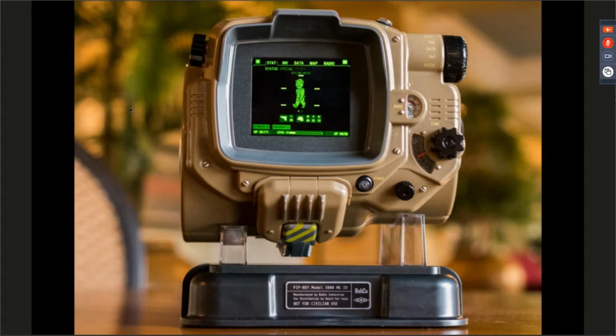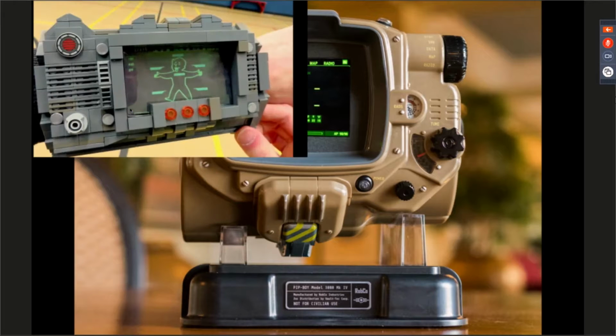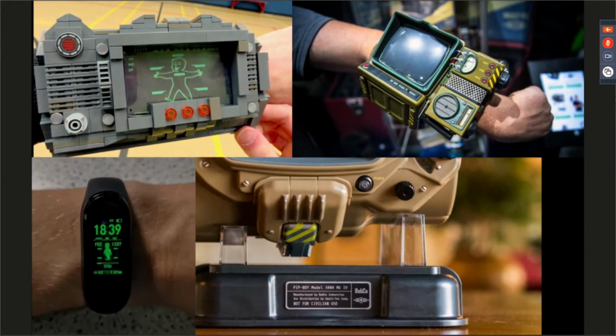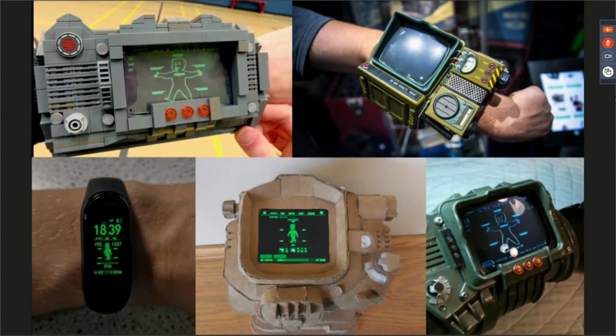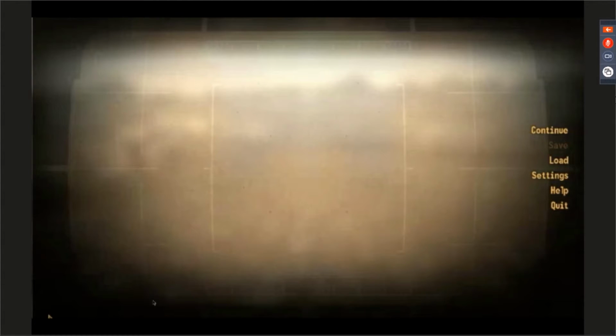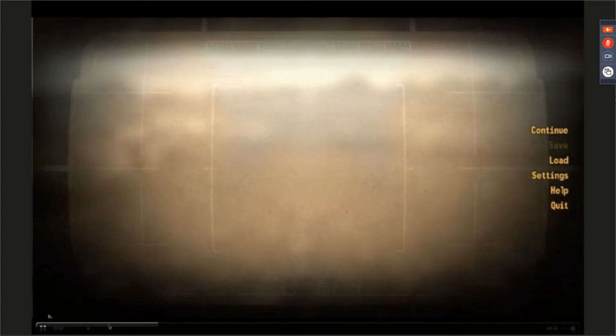But people have also gone so far as to modify the special edition Pip-Boy or create their own versions, which I think is actually kind of awesome. Here are just some fan-made ones. And from a UI perspective, integrating the UI with this kind of device that is worn on the player character